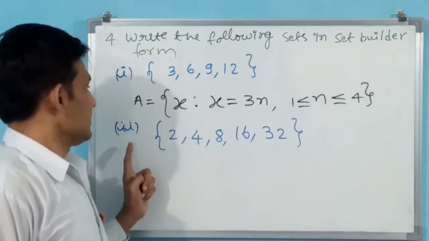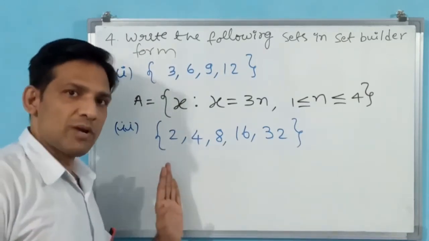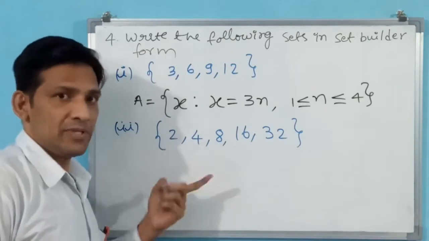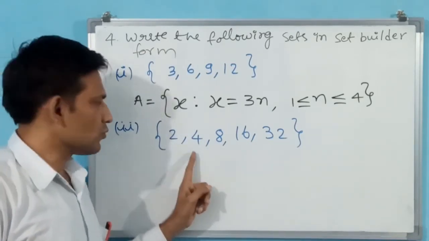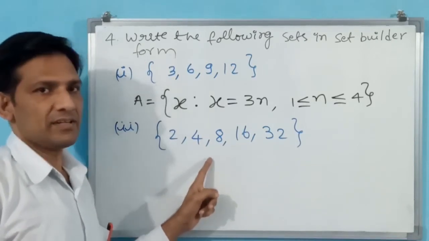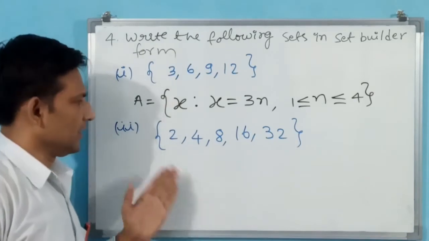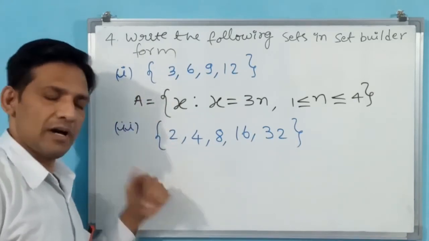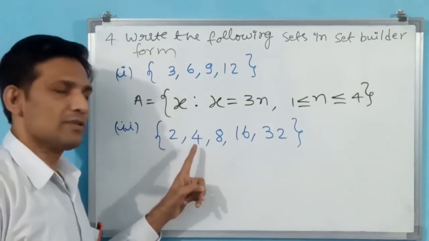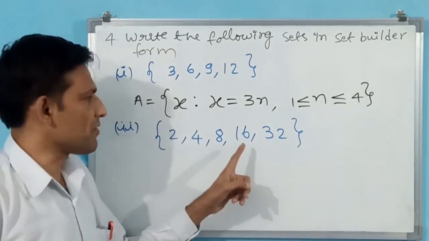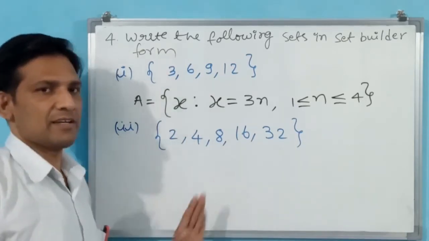Okay. See this second question also. Here also some 2 table is there, but you clearly observe this is not a complete 2 table. 2 ones are 2, 2 twos are 4, but 2 threes are 6 is not there. Then what is this pattern? We have to think. If you put power on 2, 2 power 1 is 2, 2 power 2 is 4, 2 power 3 is 8, 2 power 4 is 16, 2 power 5 is 32. That means 2 power n is coming.